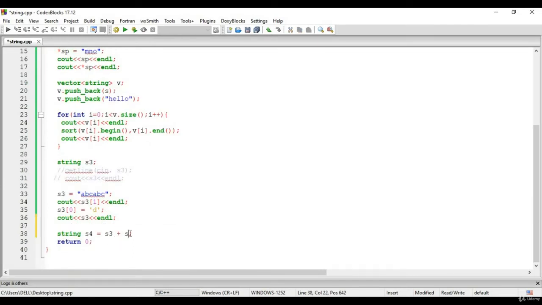S4 is S3 plus S2. Now what will happen? These two strings will get added and the output will be stored in string S4. So let us write cout S4, and let us also print S2 and S3.